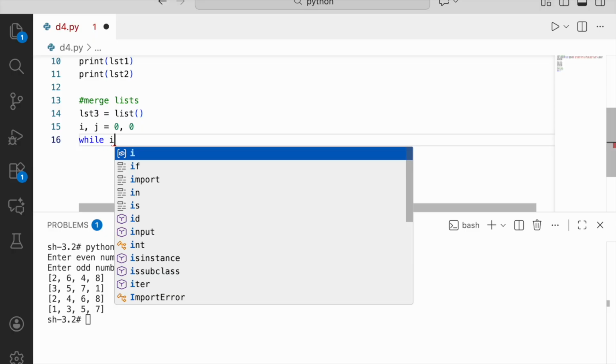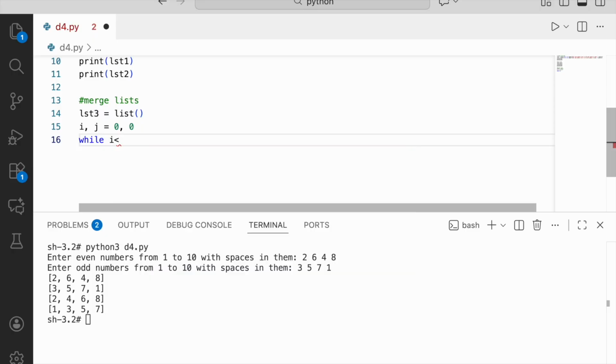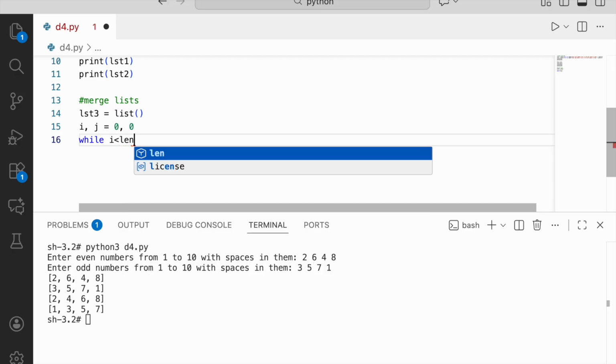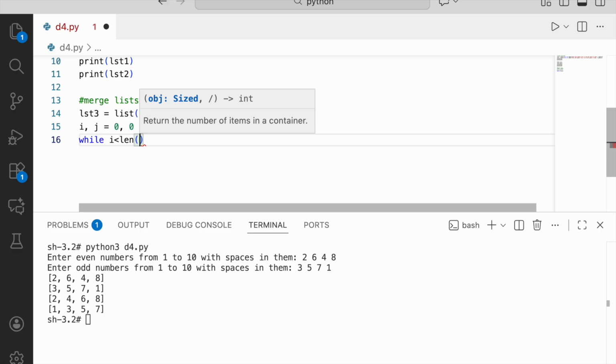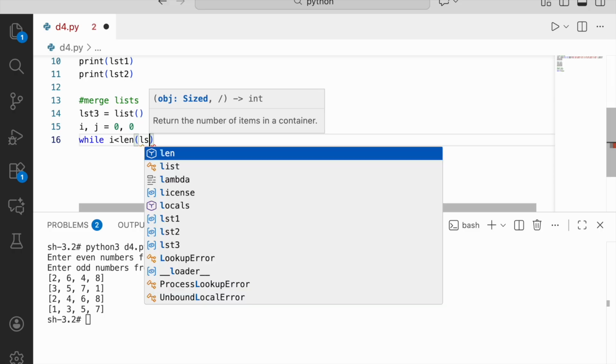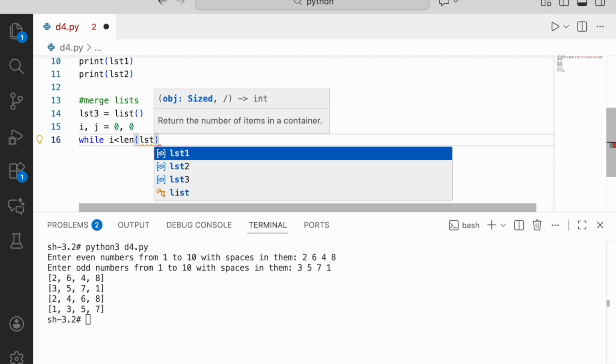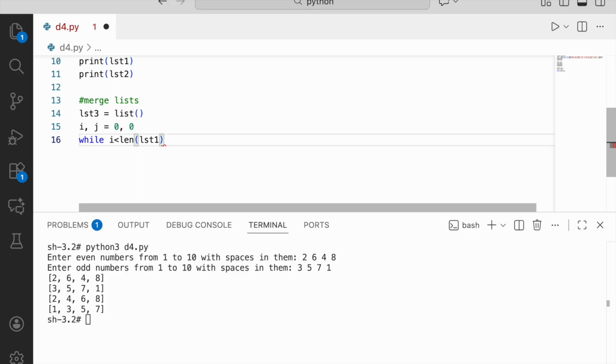Okay, and then while i is less than length of lst1. Okay, so while i is less than length of lst1, and